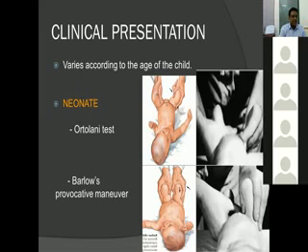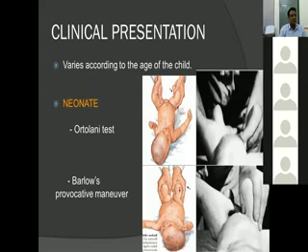Coming to the clinical presentations, how do babies with dislocated hips present to the clinics? Again it varies according to the age of presentation. At what age you see the patient in the hospital, the presentation differs. Neonate: any baby from birth up to the age of 1 month is called a neonate. In the neonate, what are the complaints the mother presents with? Usually you won't be able to identify them during the birth.